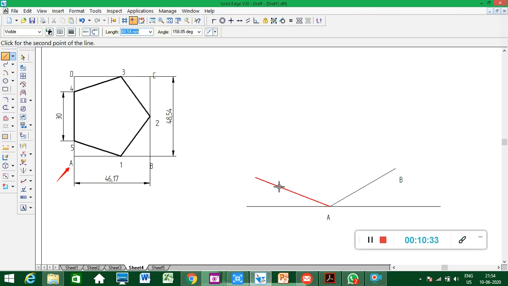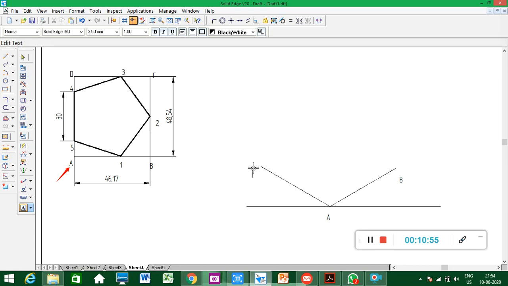48.54. So the angle from here, horizontal, is 30 degrees, which you can measure manually with a compass and protractor. Now in the software this is 0, 90 plus, okay, so 30 means it becomes 30 from here. So I'll type how much angle, 150. Okay, then again this point becomes D. From D, DC and AB are the same. So from here I'll draw a box.